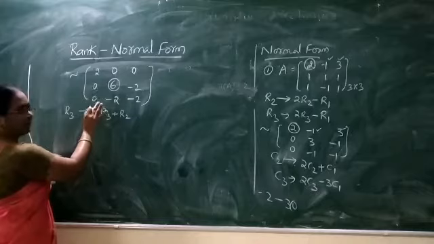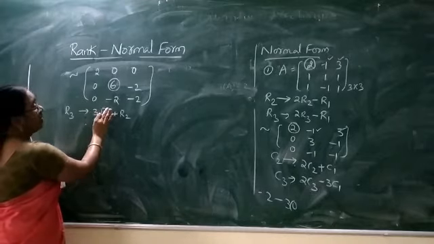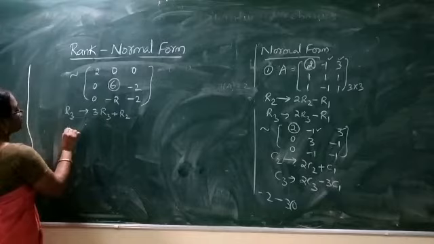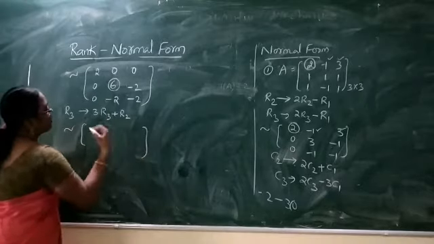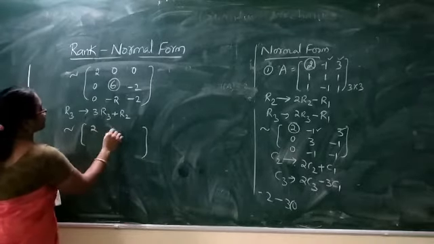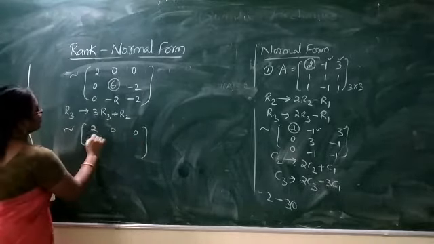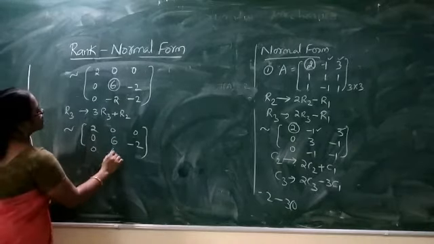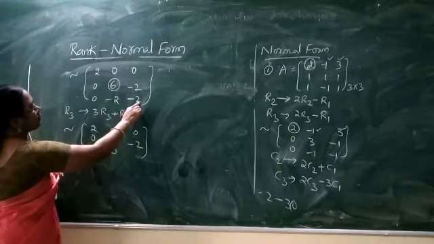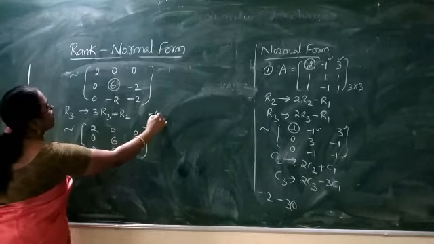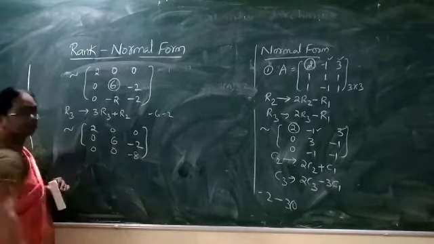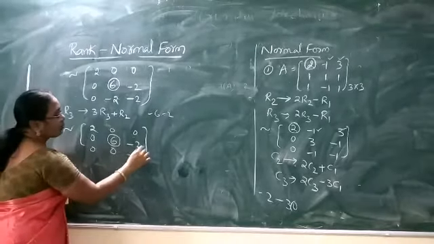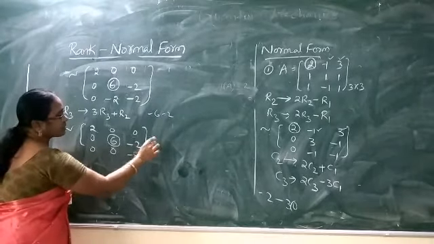This is the only operation we can do here, because below the second pivot only one element is there. Using this on the given diagonal matrix, we have first row 2 0 0, second row 0 6 -2, third row 0 0, 3 times of -2 -6, -2 it becomes -8. Now using the same 6, we apply the column operation to make this -2 0.